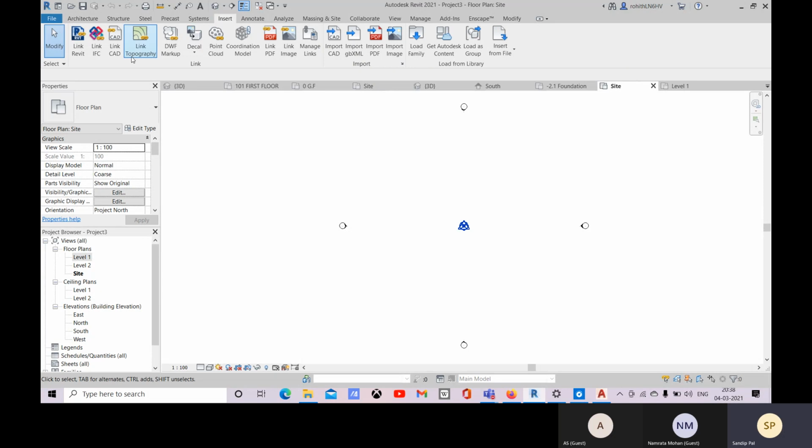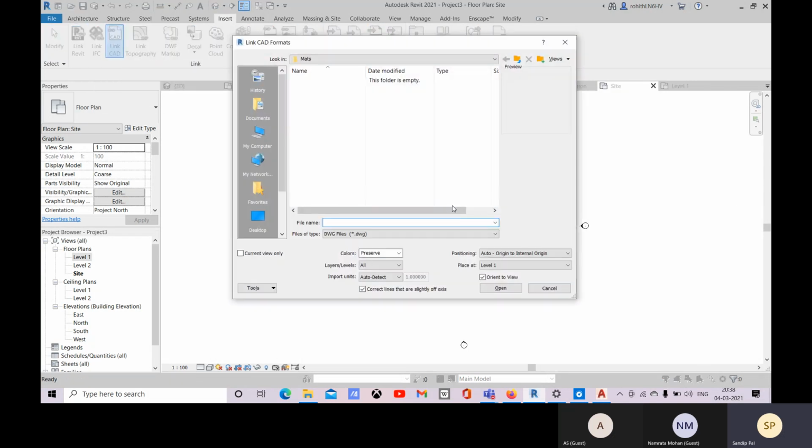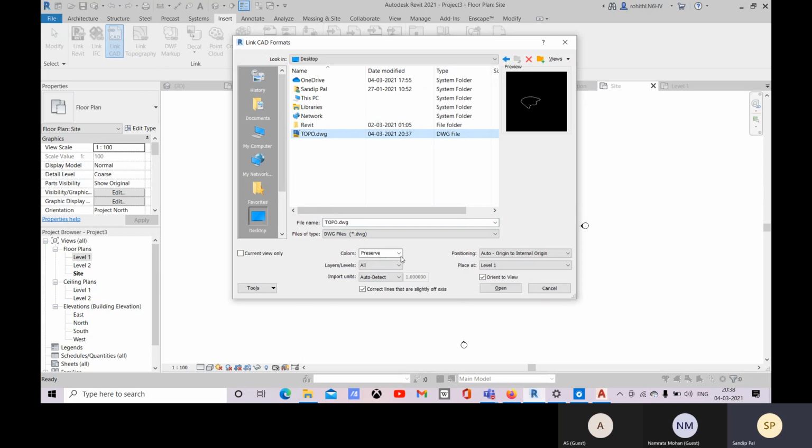First, let's insert. You can go to Link, Add, or Import CAD and choose any one option. Let's go with this Link CAD, and choose this. You can choose any option, and let's go with meter or millimeter, and okay.